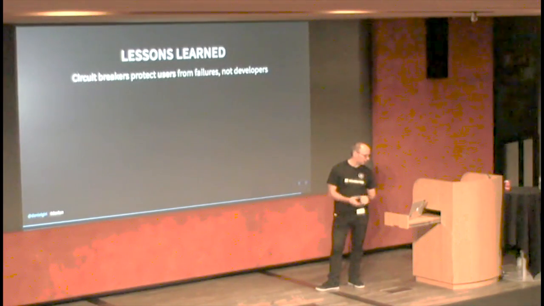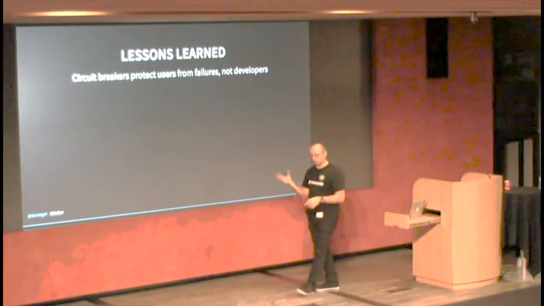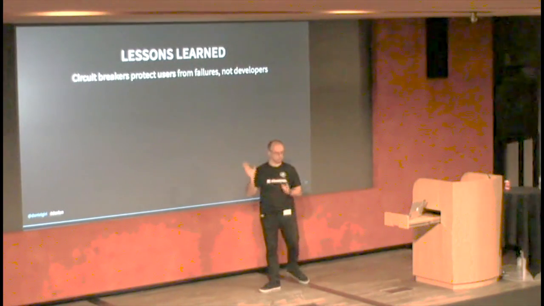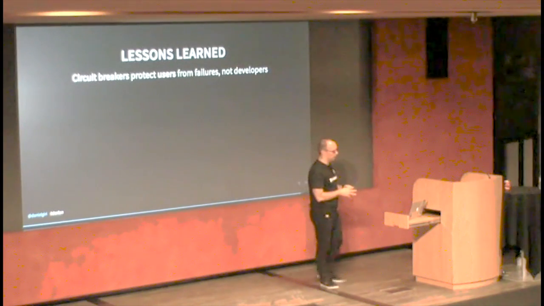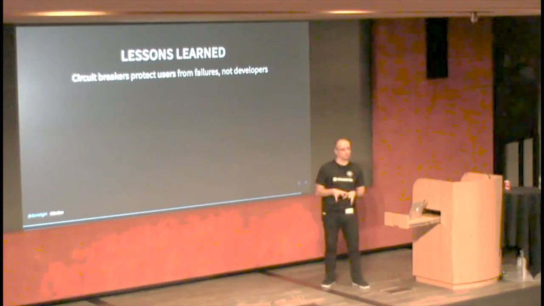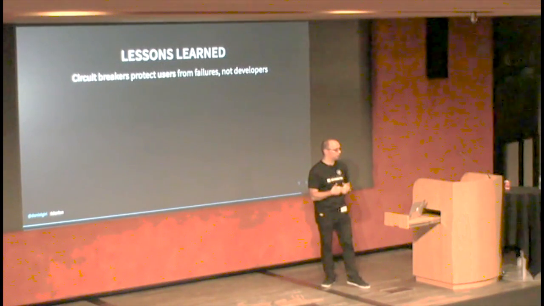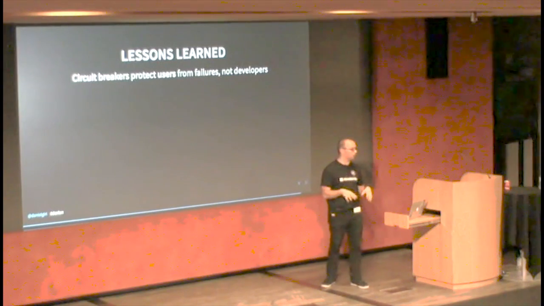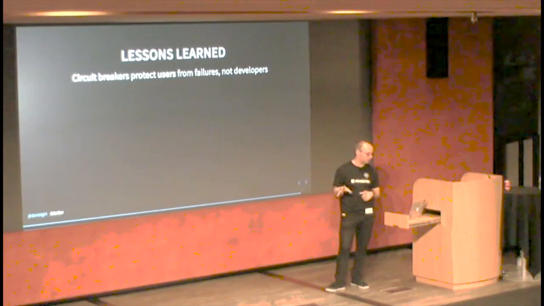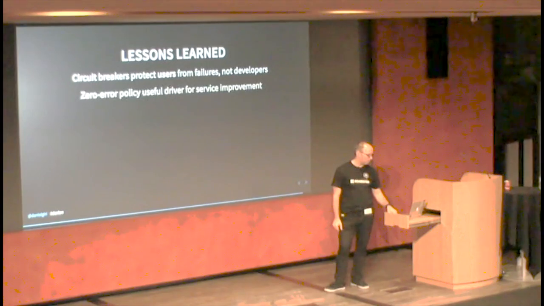And finally, with still a minute left or something, lessons. The circuit breaker stuff: there are some tools out there, and we use the Netflix ones. They're super cool. They hide failures from users, but still, it's not a way to keep the system healthy. It's a way to keep the business healthy. And then you actually have to treat whatever happens at the backend as a problem.